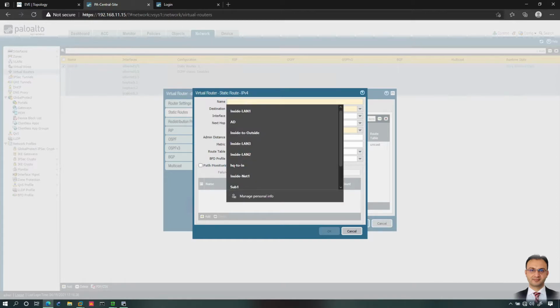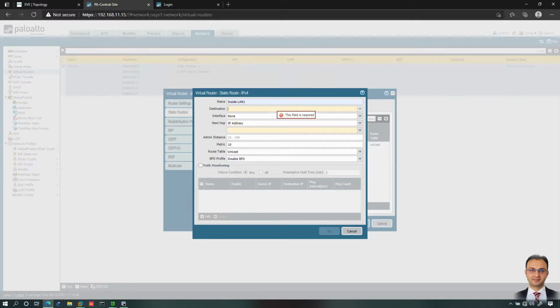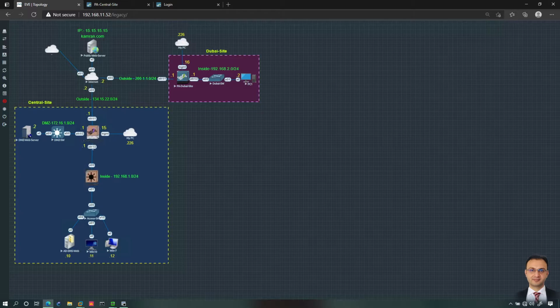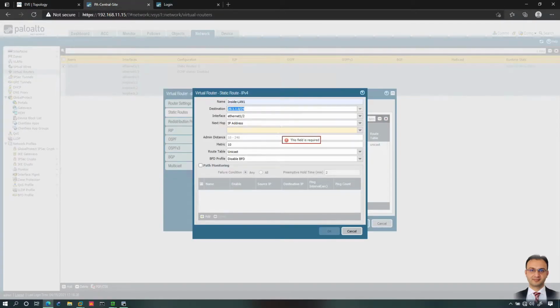So let's name this the first. Let's go ahead and say maybe inside lat 1 or inside network 1, whatever. So I will say inside lat 1, and the network is 20.1.1.0/24. For this destination network, send the traffic out of this interface. Which interface? 1.2, I guess it's 1.2. So for this destination network, get out of this interface, which is Ethernet 1/2, and you want the traffic to be sent to